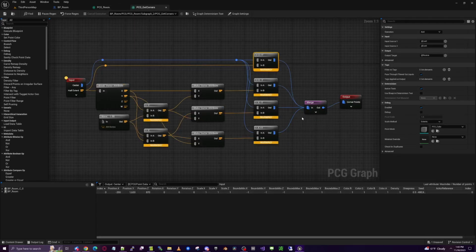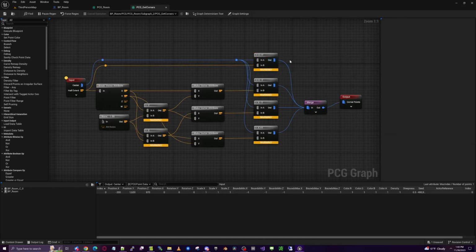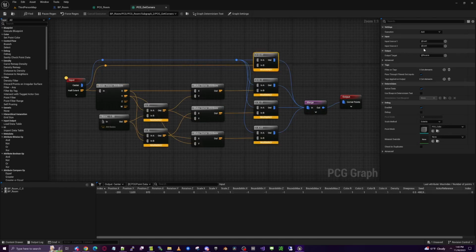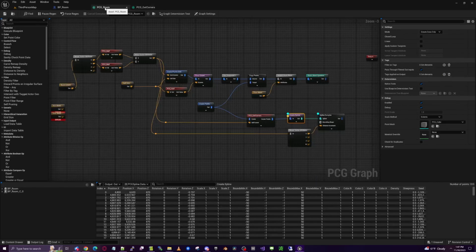We've got to go back into get corners. If we look at these right here, we want to add to the position. I forgot to set those to position. So all these get set to position. I guess we have to set each of these individually. Now when we look at this spline,